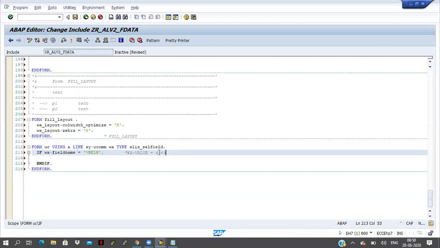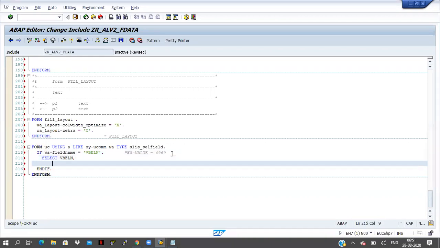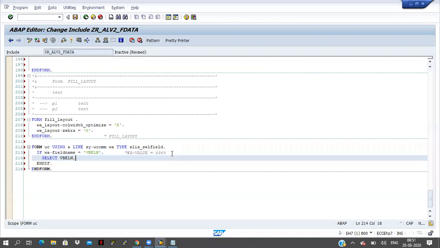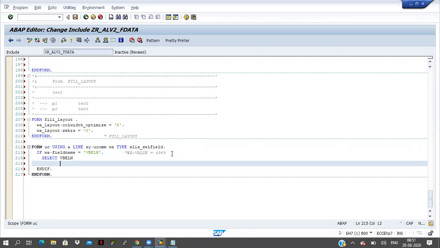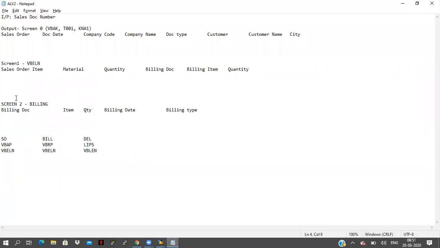Now based on this number, I can get the VBAP information. Select VBELN, POSNR. How many fields do I have to take here? Let me check. Sales document number, item number, material number, and quantity.